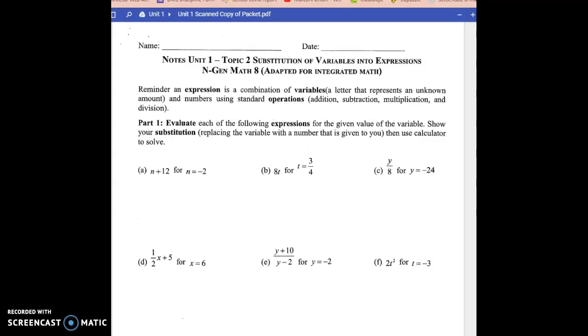Make sure you're in your note packet or in your math packet. Make sure you're at Notes, Unit 1, Topic 2, Substitutions of Variables into Expressions. We're going to do a few of these together. I'm going to skip a few and we're going to do those in our class time for our next Zoom